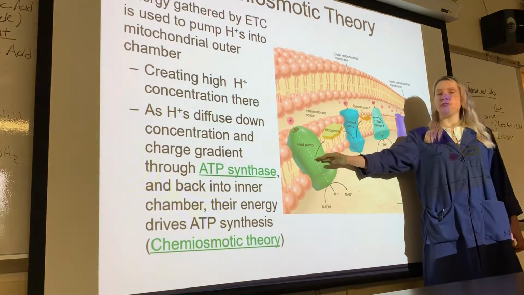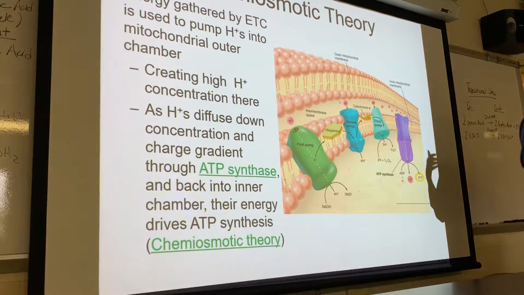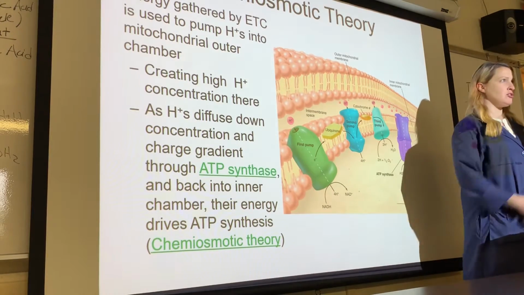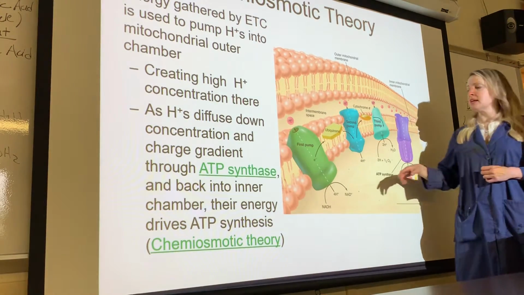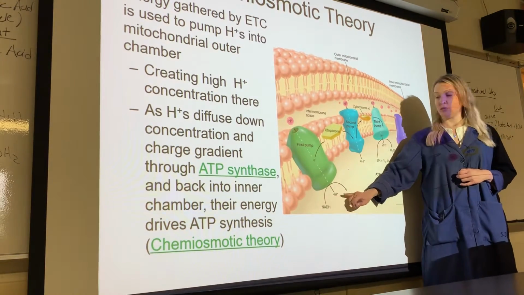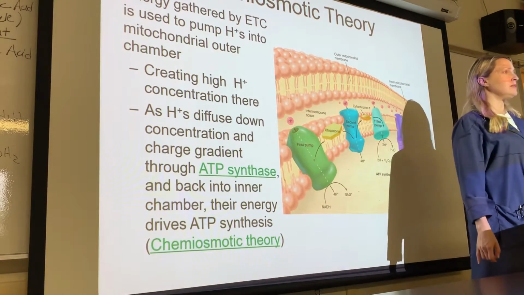Well, basically, if you recall, anytime you have reactions taking place, be they oxidation, reduction, endergonic, exergonic, whichever, any type of reaction always generates some type of energy. It could be heat energy, it could be some type of energy. And so that's what's happening here. When we pass the electron from pump to pump to pump, it's generating energy. And we need the energy because that energy is going to make it so that we can take the hydrogen, which notice it has a plus sign on it now because it has lost its electron, so it's positive by